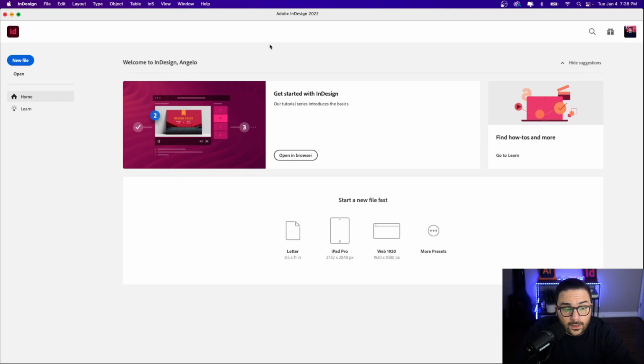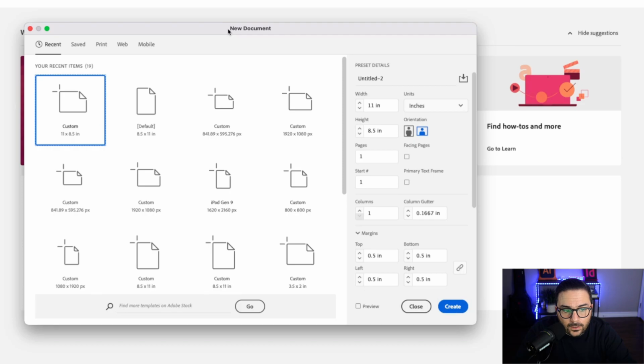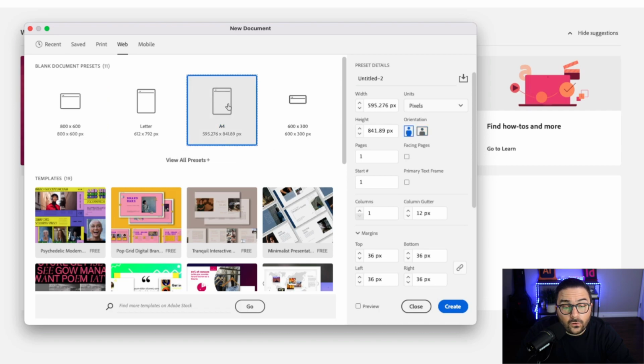Alright, let's start by creating the new document. I'm going to click on New File. That'll bring up my new document window. Once again, I'm going to click on the Web tab up top, and I'm going to choose A4 again. Now, if you're creating something like this for web, then you might want to choose 1920 by 1080 for a wider display or a wider screen size. But because we're going to be making this more like a recipe card, I'm going to keep my selection on